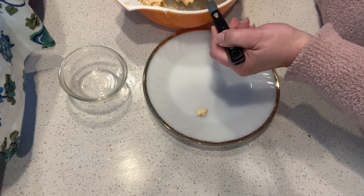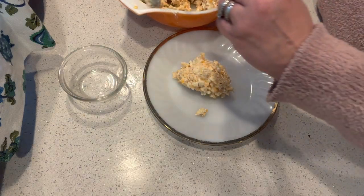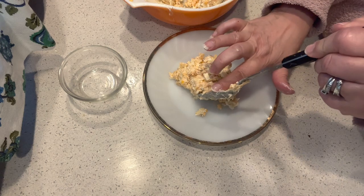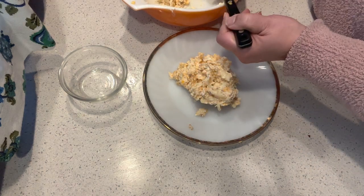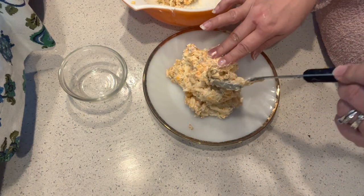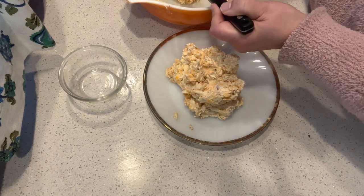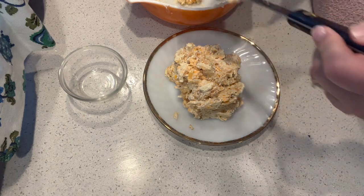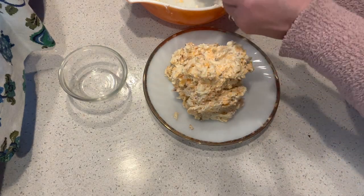So I'm just gonna mound this cheese mixture into this. Well, this was actually my grandmother's. She had the whole set of Fire King plates from her 50th wedding anniversary, because they had the gold rim on them. So I'm just gonna mound this up on here,